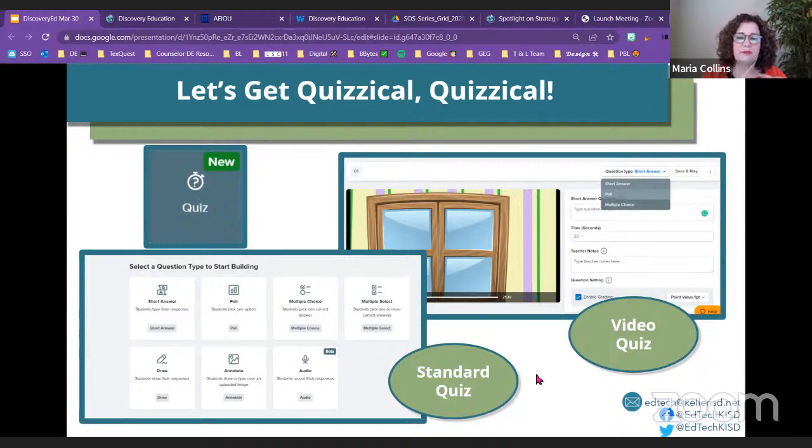And it says beta, but I have used audio and it works beautifully. So it is super, super easy to use. I would say that the video quiz is even easier to use than Studio. I mean, you can create a standard quiz and a video quiz like this.